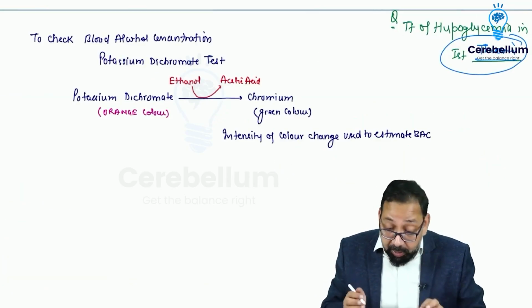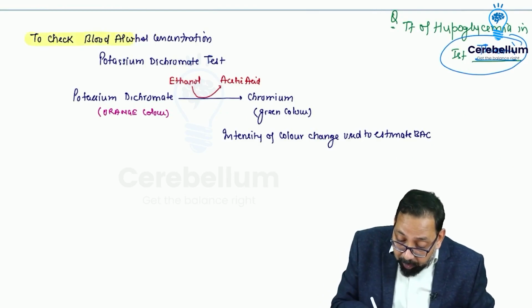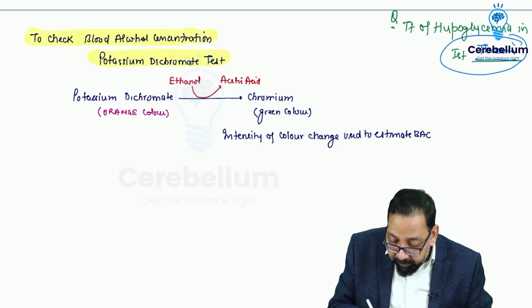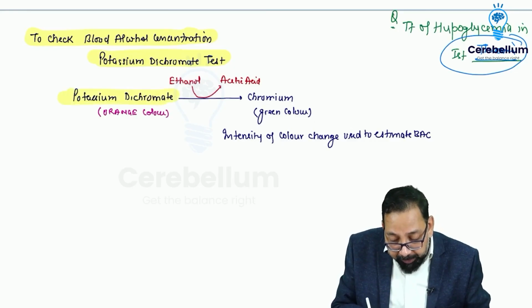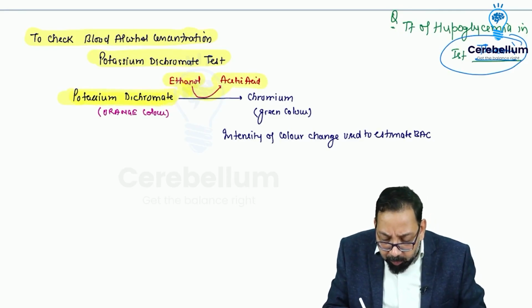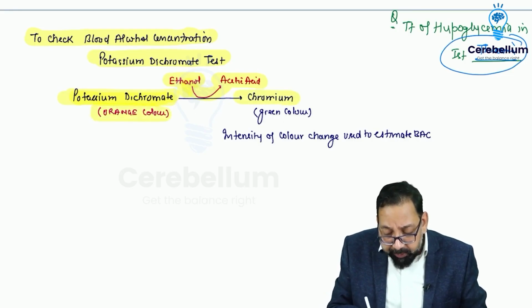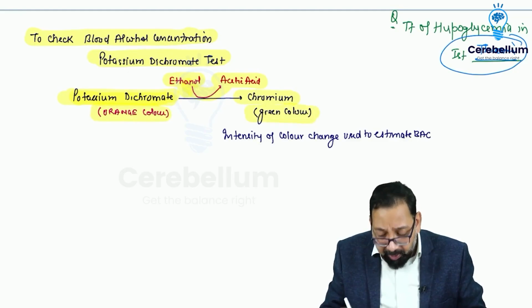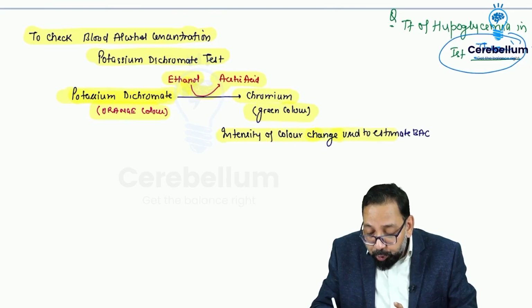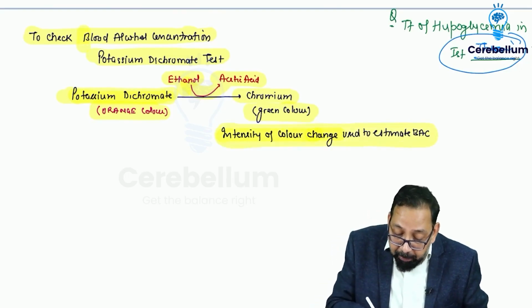Recently, a question was asked on how to check blood alcohol concentration. We do the potassium dichromate test. Potassium dichromate reacts with ethanol. Ethanol is converted to acetic acid and potassium dichromate is converted to chromium. Potassium dichromate's orange color is converted to green color. So the intensity of color change is used to estimate blood alcohol concentration. So to check blood alcohol concentration,